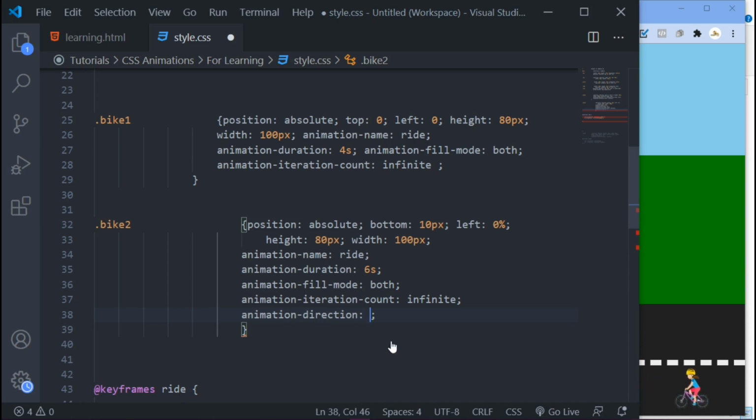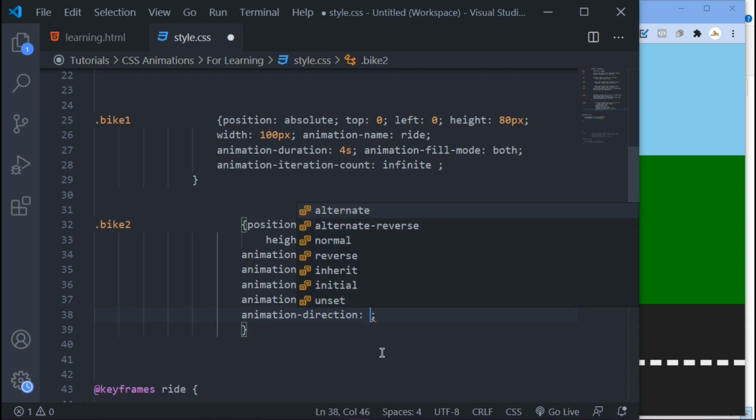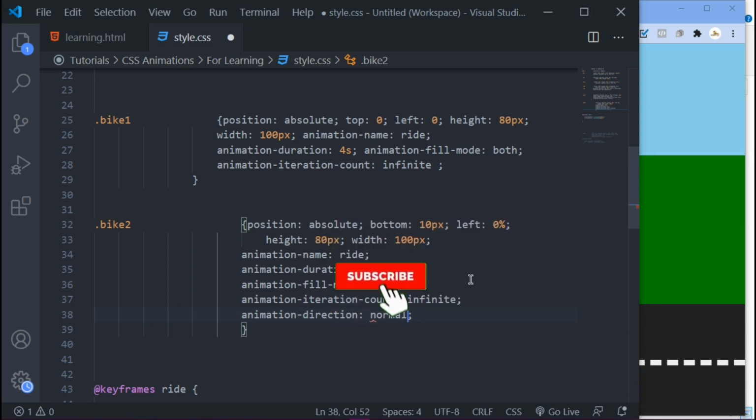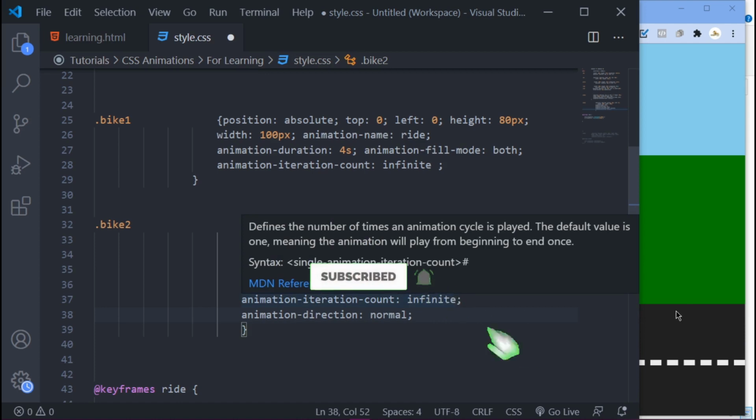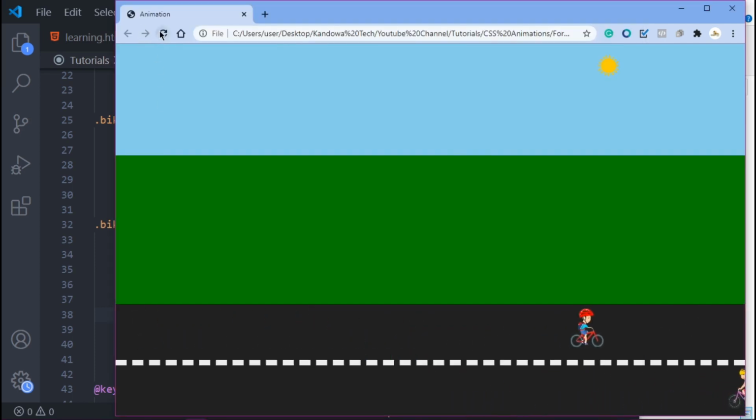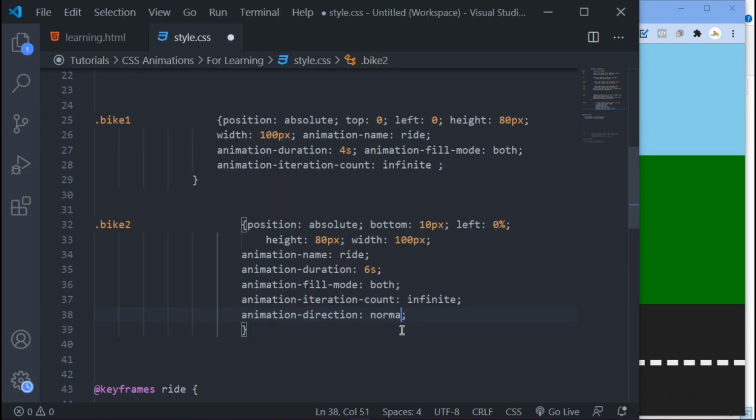So with animation direction, we can choose all these. You got all these options there, as you can see. So the first one is normal. You can see the one that we are using at the moment is normal, right? Just the same way. And then you can use other options, like you set this to reverse.